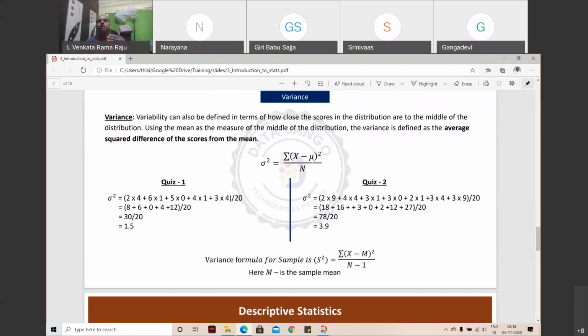So why are we squaring? To eliminate the cancellation effect. Okay. When the data is a sample, you calculate it as s square, and the denominator is going to be n minus 1, because when you calculate variance on a sample, the variance may not be right. There may be a little less variance than what we see in a sample. If you look at the denominator, if it is 20 here, with the population we will be dividing with 20. With the sample we will be dividing with 19.